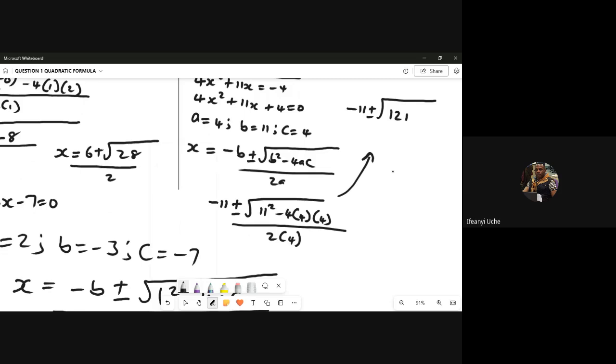Then we have our negative 4 times 4 times 4 again, which you can put in the calculator, and which gives us negative 64. So it's going to be negative 11 plus, let me keep that step for now, 121 minus 64 gives us